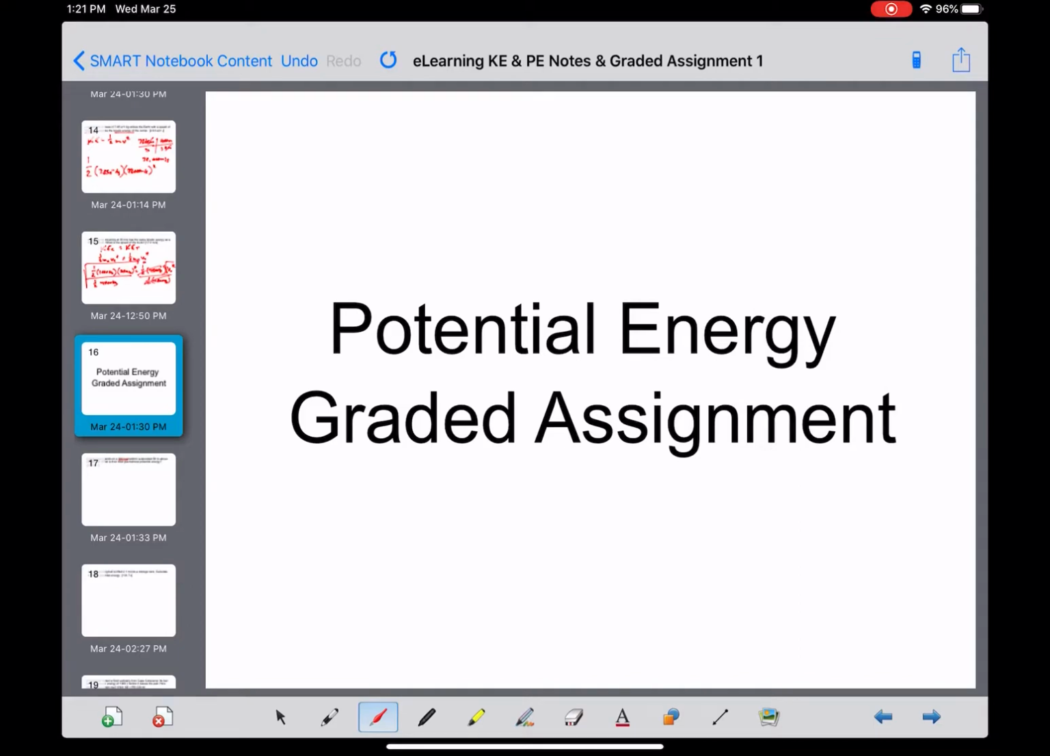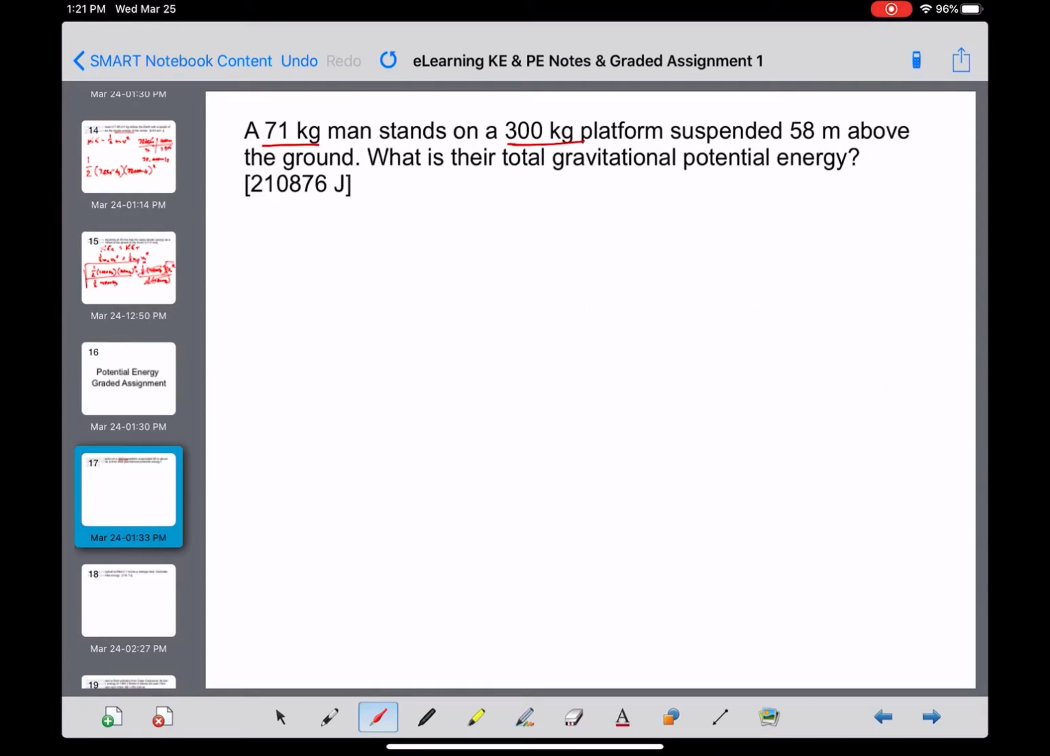So here we go with question number 1 on the potential energy graded assignment. As we look at this again, potential energy, specifically gravitational potential energy, is mass, gravity, and height. The only tricky part on this one is the fact that there's a person on a platform and it's the total gravitational potential energy. So with GPE, mass, gravity, and height, you just have to